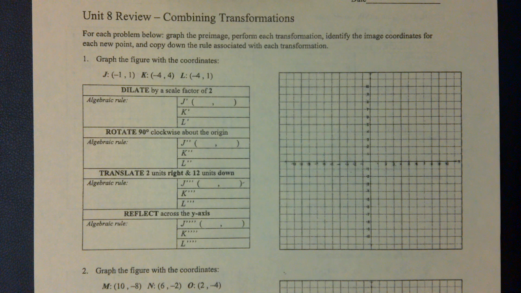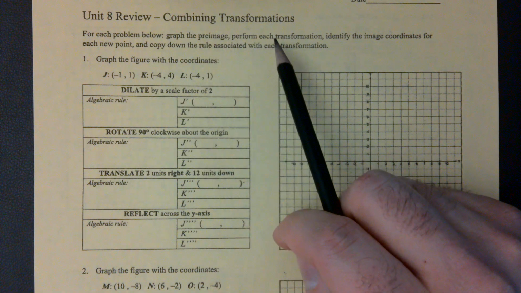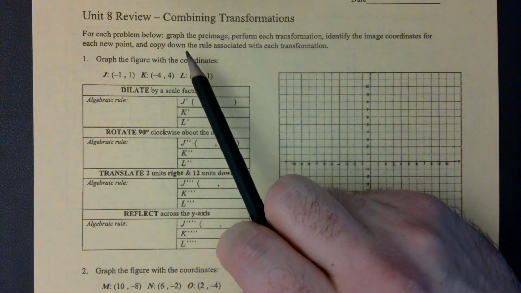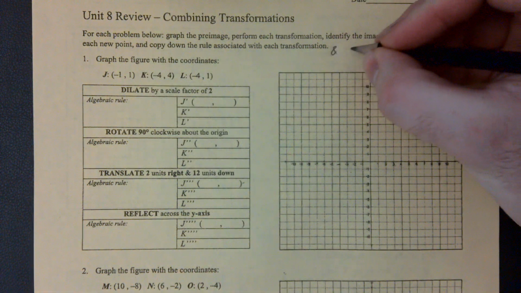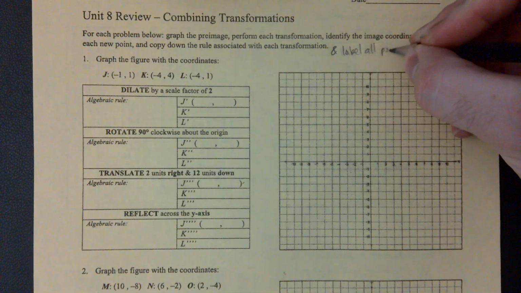So, again, we got to graph the pre-image, perform each of the 4 transformations, identify all the coordinates, and write down the rule. Another thing that I forgot to put here, which I'll mention before the test, is label all points